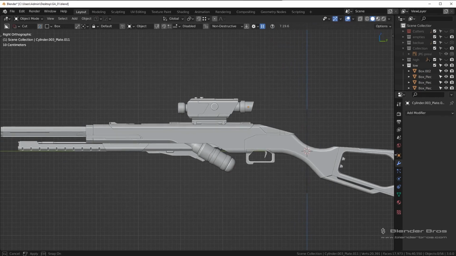Let me go ahead, take a look at the triangle count. So the triangle count right now is 40,000. It was originally 490,000, over 10 times as much. Now 40,000 is still kind of high, but you have to consider every single piece on here has a bevel